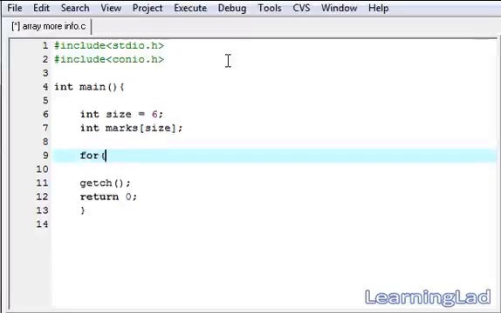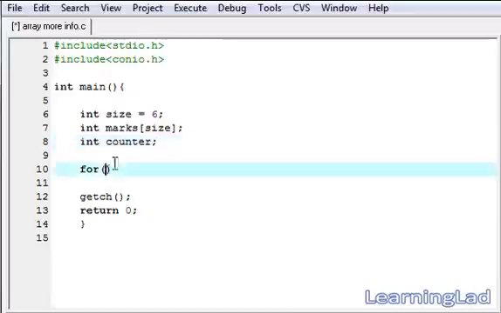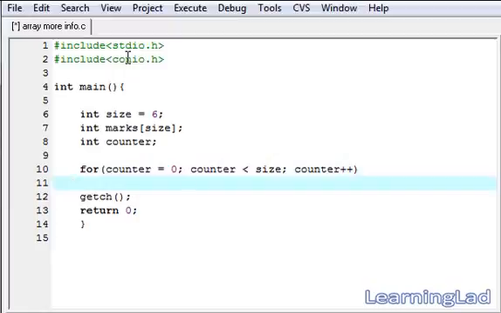So we're gonna write for. Before that we need a variable called counter. It's gonna be int counter, and here we initialize the counter equal to 0. Then counter is less than the size of the array, so it's gonna be size, then counter plus plus. Then within this for loop,